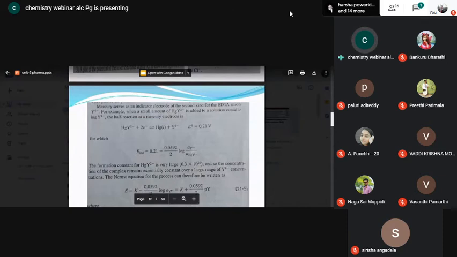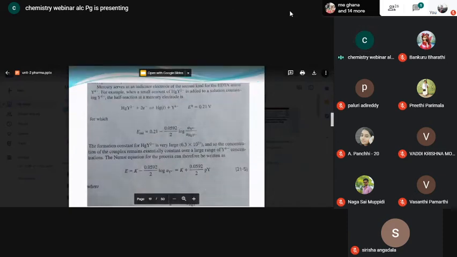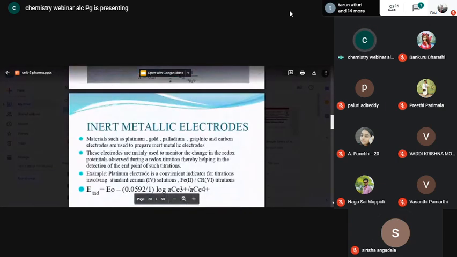In the second example, I'm giving you that mercury is also going to serve as what electrode? The indicator electrode of type 2. The mercury electrode means what? Your calomel electrode. That is the example for this. And the first example is for what? The silver chloride electrode. So both the electrodes are going to exhibit what behavior? Indicator electrode behavior belonging to what type? Type 2. Is it clear? Type 2. Okay. So these are the things over here.